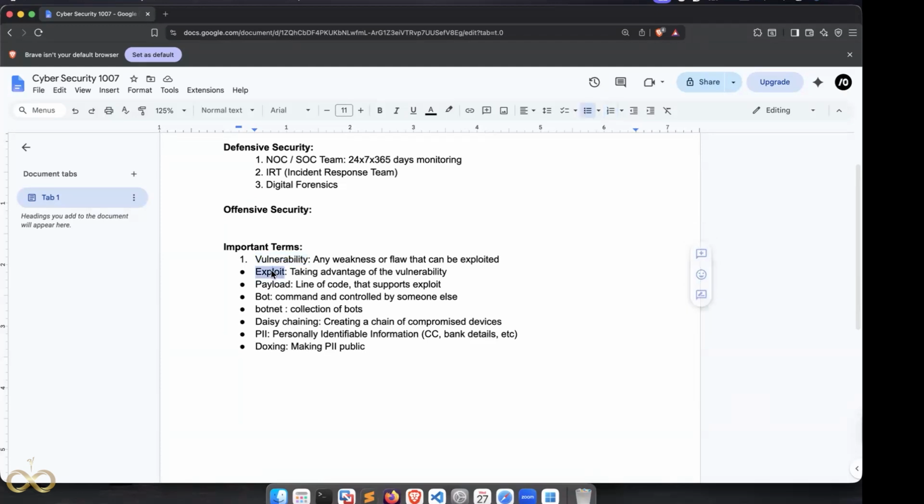Okay. The second term is exploit. Exploit is basically taking advantage of any vulnerability. Let's say a bad actor comes and gets to know that there's a vulnerability on a website, where someone is able to log in, or to execute some sort of script in the web application. Now he comes over there and exploits that vulnerability and gets some sensitive data out from the website, or maybe bypasses the payments on that particular website. So exploitation is the part where the vulnerability is exploited to take advantage of it. That is what exploit is.